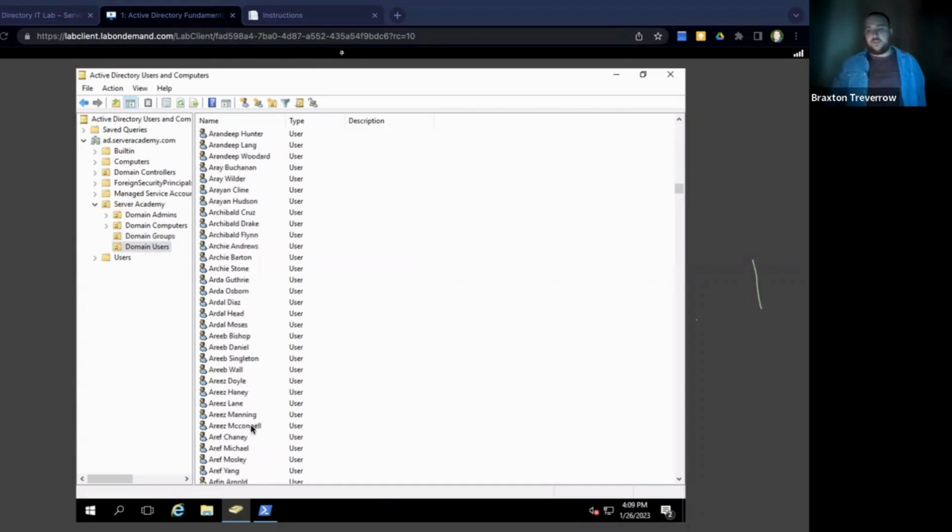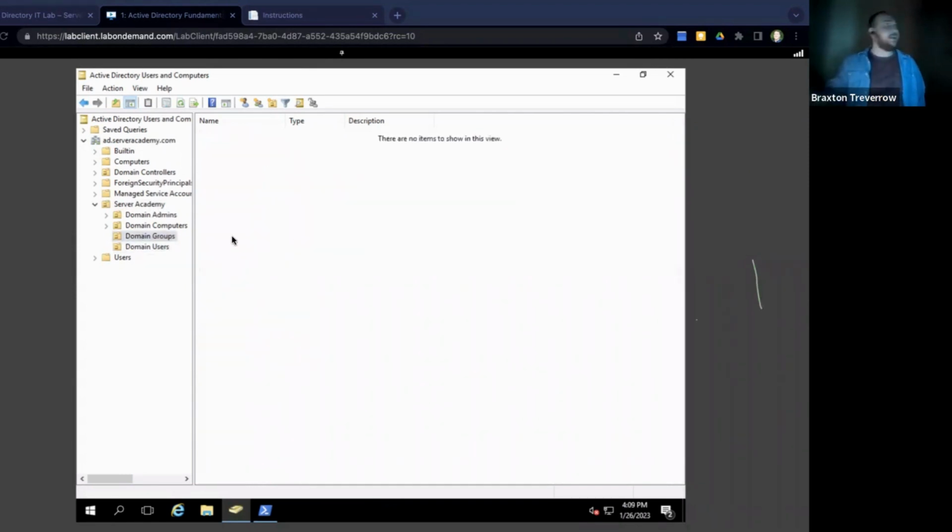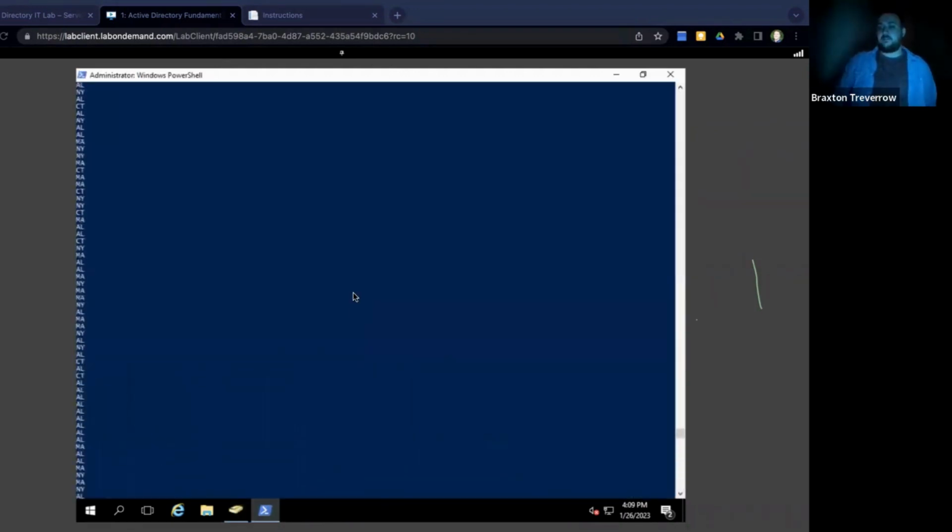So you can see all of our users are here, but I'm going to show you this blank area because in a second, we're going to have some groups there. And then the path is where it's physically located. So instead of me typing all that out, I'm just going to copy and paste from